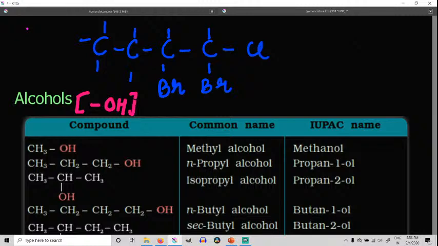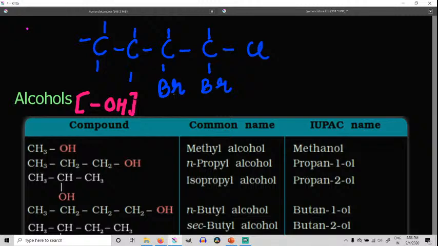Okay, so what will be the IUPAC name of this? You can see the bromine, one more bromine. There are 2 bromine. Chlorine is there, so all are halogens. But how to give the IUPAC name? So then we have to arrange them. Both should be taken as a prefix. Which should come first? Chlorine should come first or bromine should come first? Obviously B comes first as per alphabetical order.